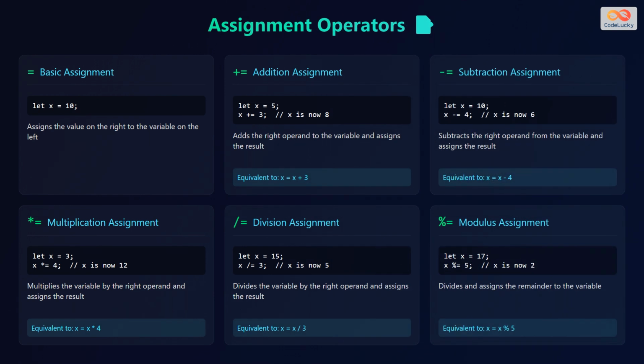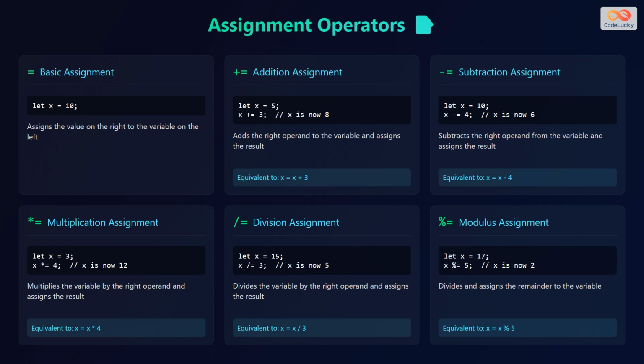Assignment operators assign values to variables. The basic assignment operator assigns the value on the right to the variable on the left. For example, let x equal 10. The addition assignment operator adds the right operand to the variable and assigns the result. For example, if x equals 5, x += 3 is equivalent to x = x + 3, making x